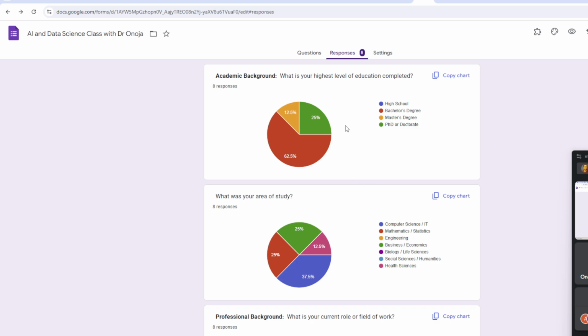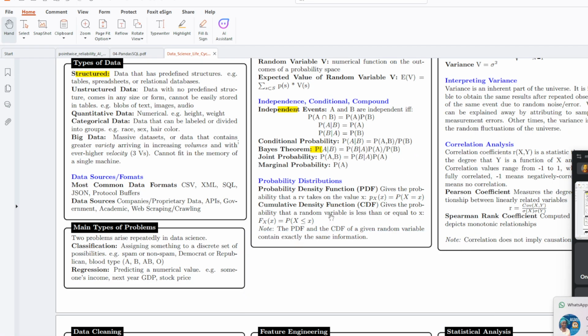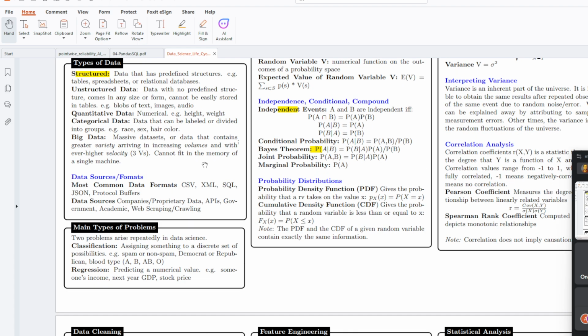Okay, thank you. Academic background is also categorical, because you try to know, are they in high school, are they in bachelor, are they in masters. So when you put people or things in categories, those are examples of categorical data. Then categorical data can also be in form of ranking. When we are ranking, that's an example of an ordinal category, because they follow some sort of order. And then there is that category that you don't need to rank. You just leave them.